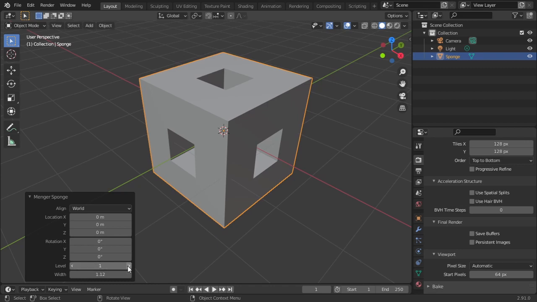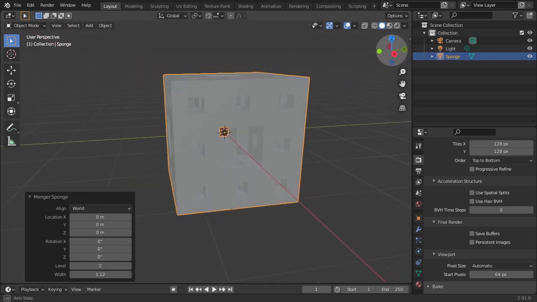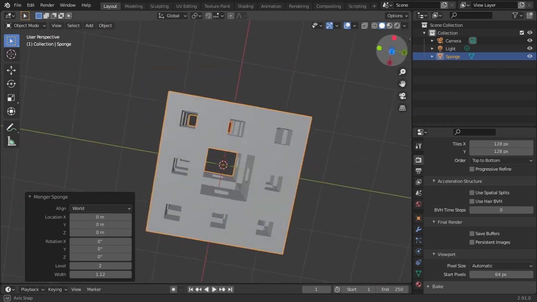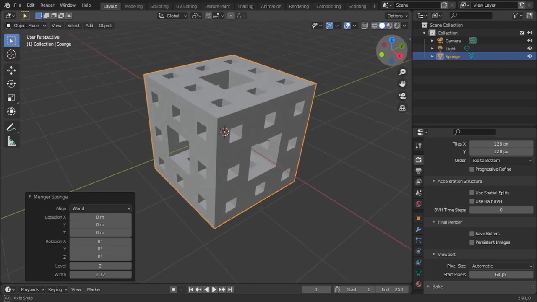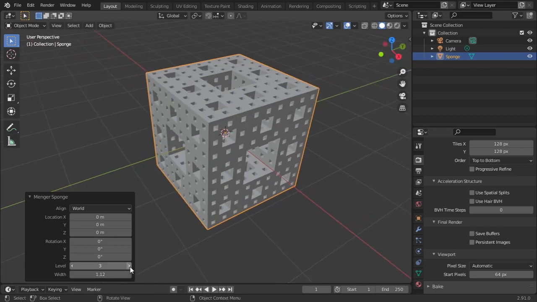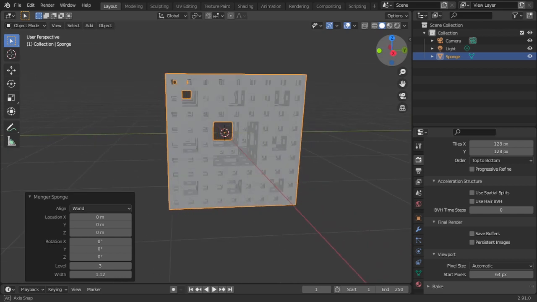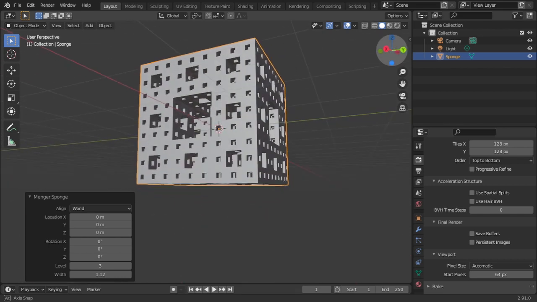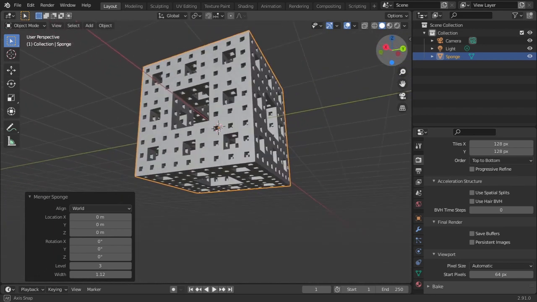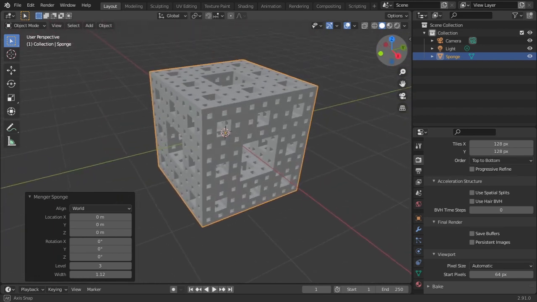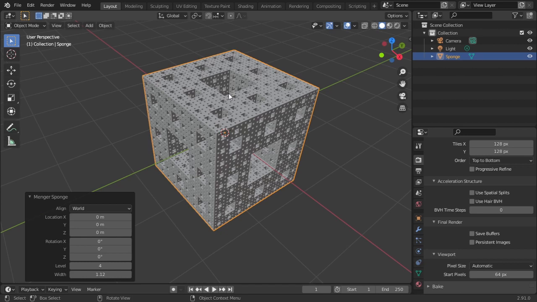If you increase the level to 2, it is going to add extra holes to this object, right? And if you increase the level to 3, it is going to add extra objects like some kind of a spaceship or international space station-ish. So that's it for this, guys. If you want, you can increase the values, but it is not going to add a lot to this Menger sponge. So make sure your system is not getting sluggish by increasing this value to 4. Last value is 4, by the way.